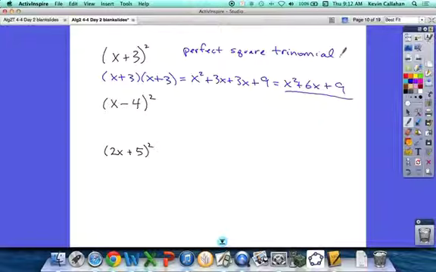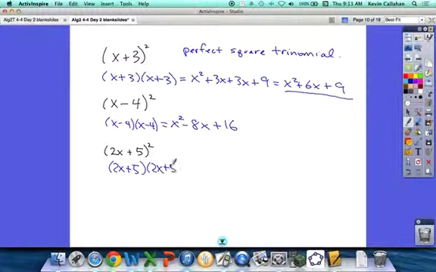Now let's look at the (x - 4) squared. Again, not x squared minus 16. It is (x - 4) times (x - 4), which is x squared minus 8x plus 16. Now (2x + 5) squared. (2x + 5) times (2x + 5), which equals